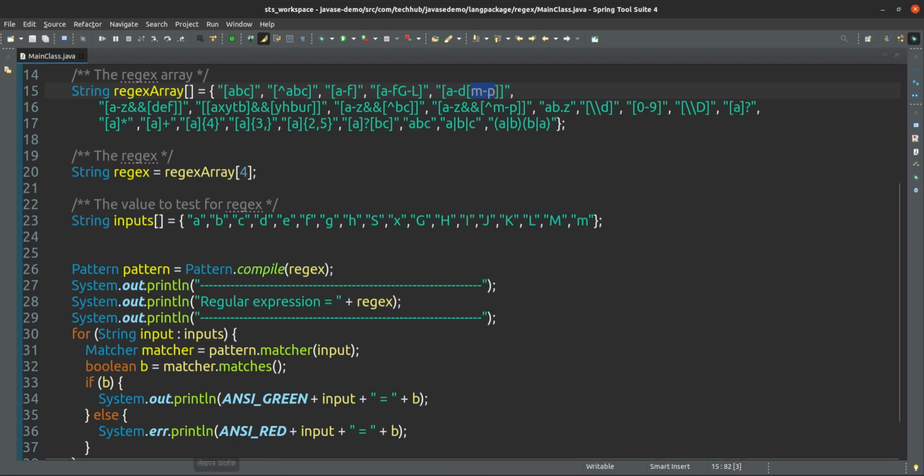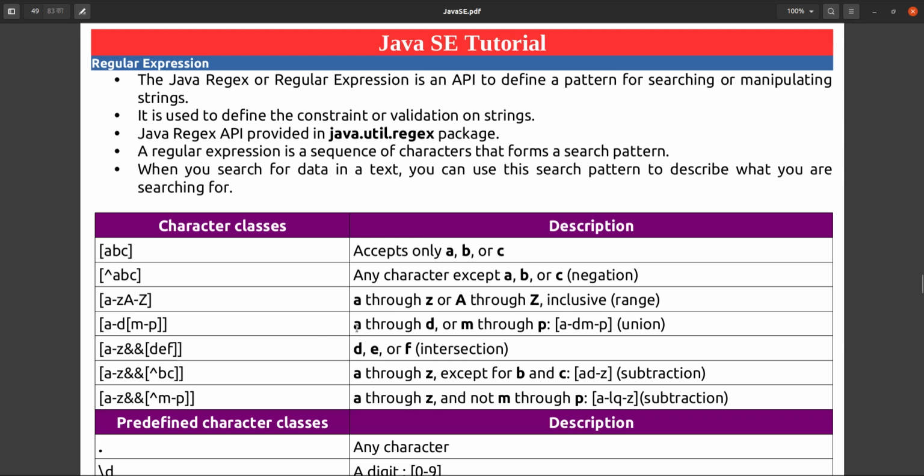That is the meaning here. A through D means either you can accept this range or this range, or M through P. This is the union, meaning A to D or M to P.